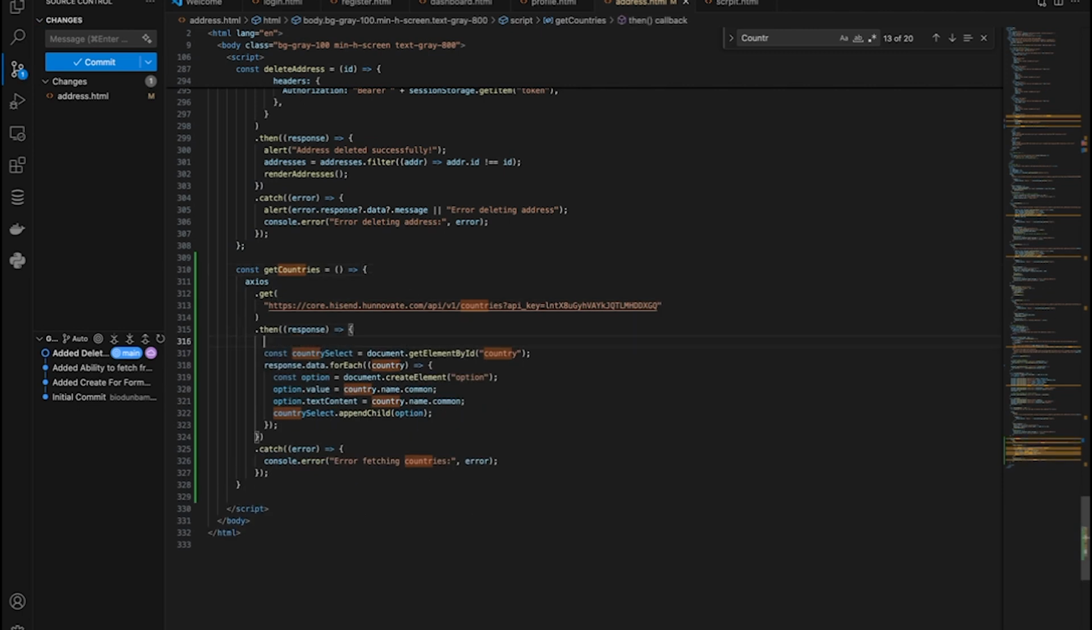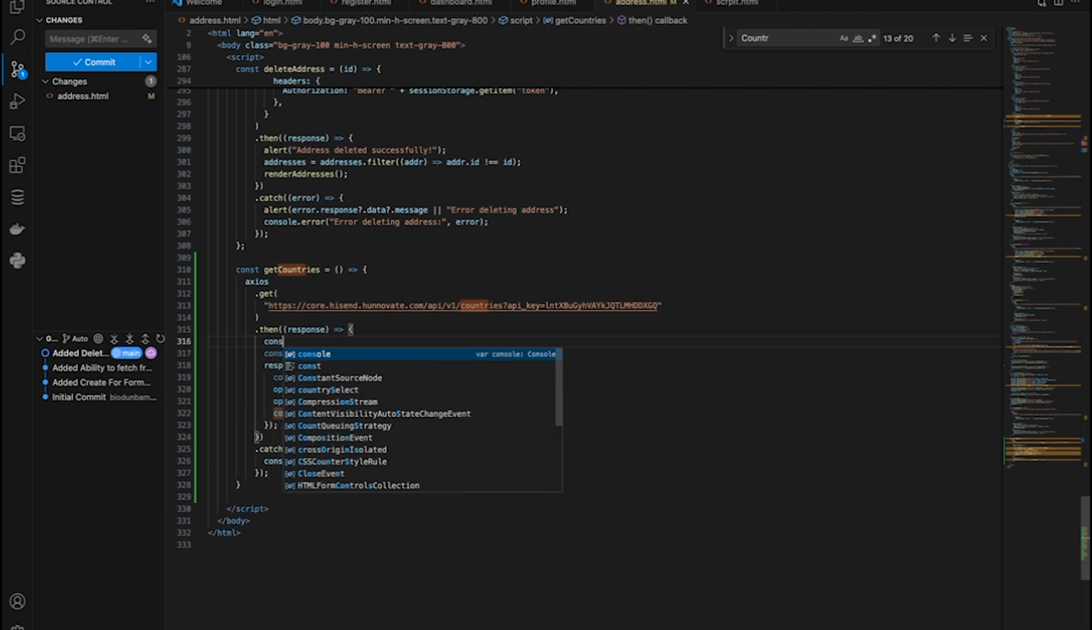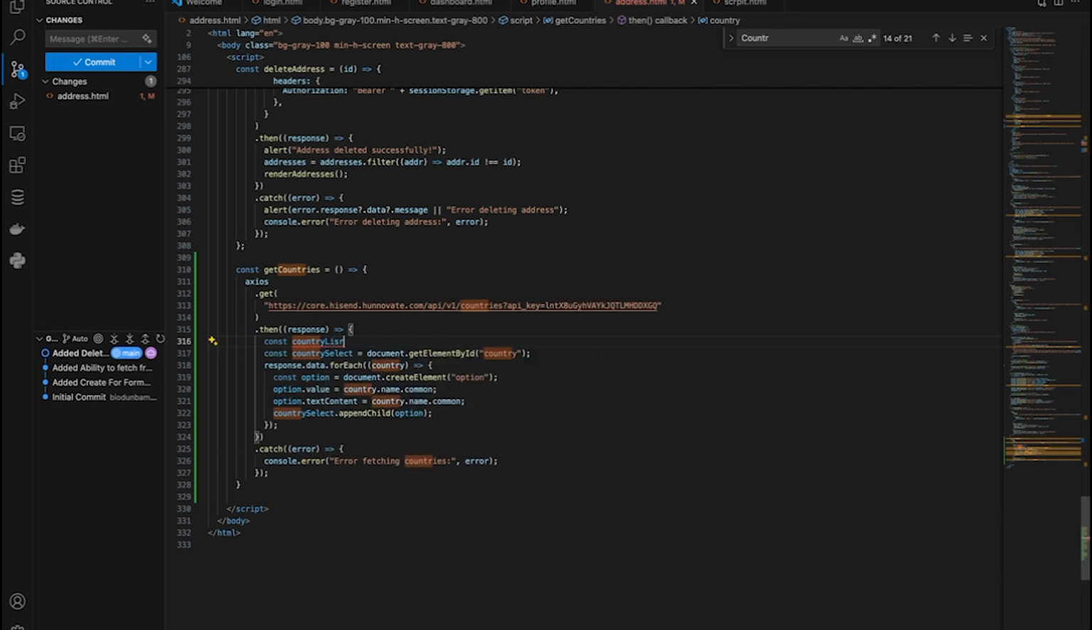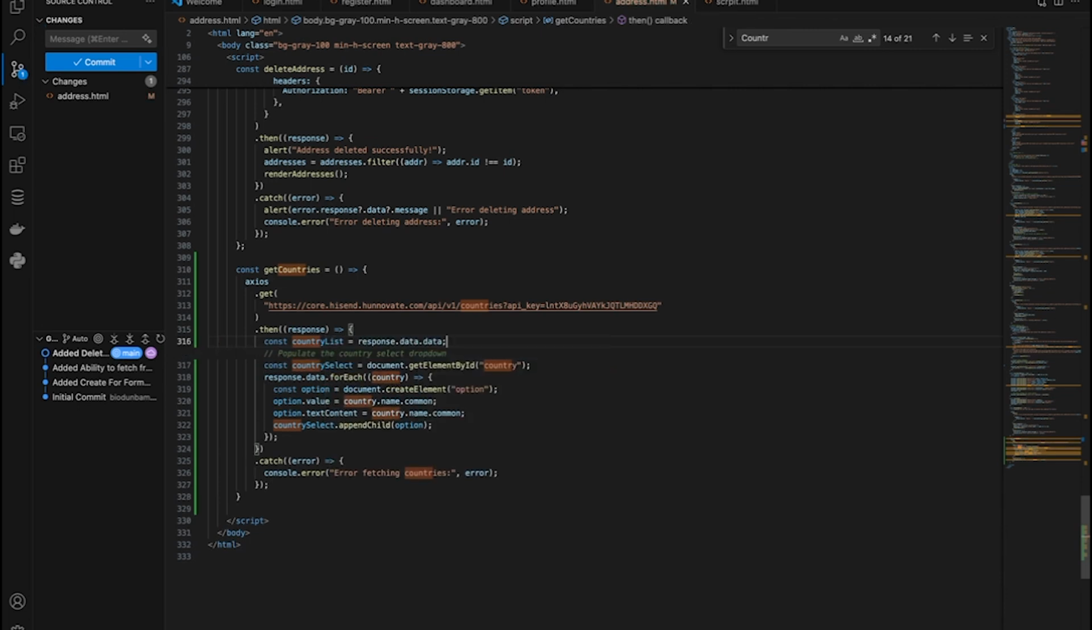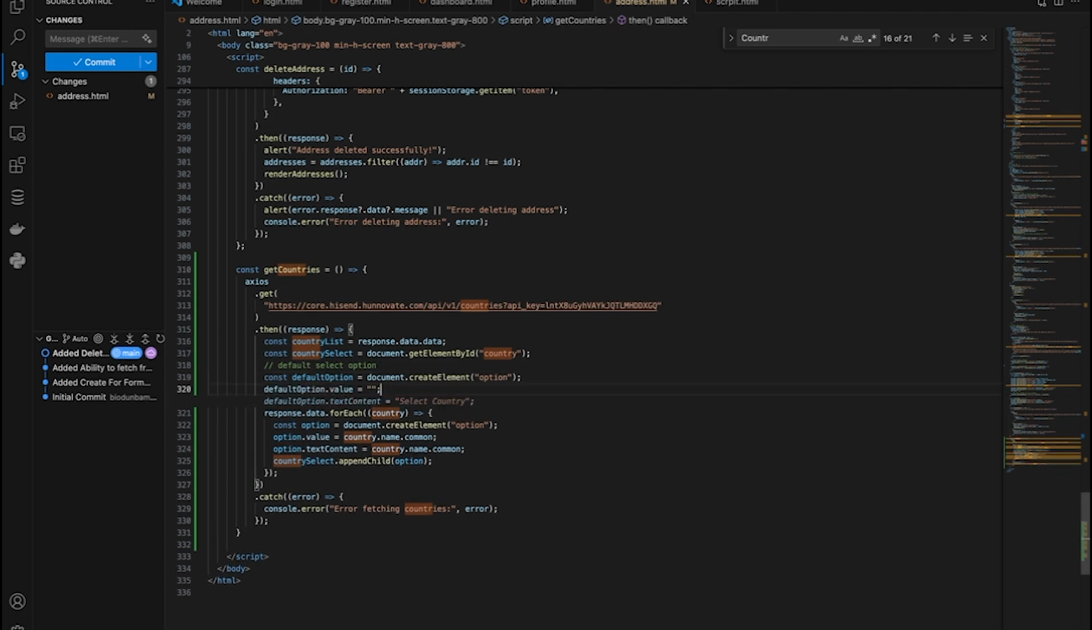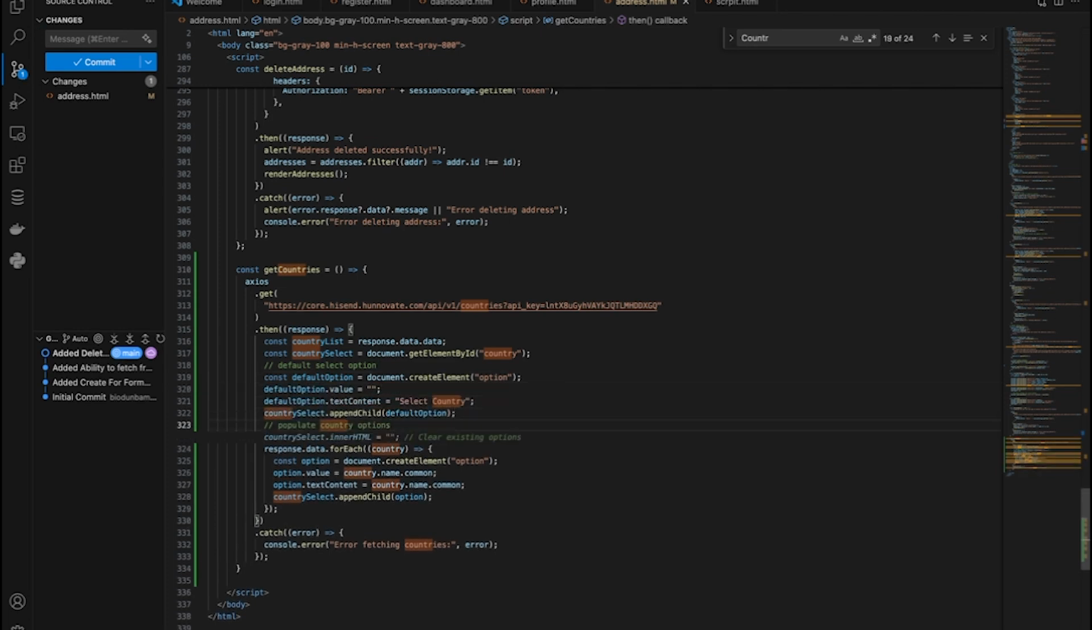And after we get the response, let's get country lists from the data, which is equal to response.data.data, and we are getting the country ID. Then let's add default select country. And we have this,